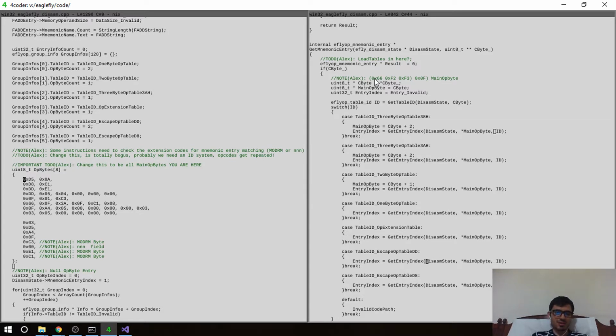And then I'm just going to say, well, here, I don't remember which ones were the mod bytes. So I believe this is O3. Then we have D5, that's correct. A4 is from here, that's correct. And then OF, that's correct. This is the main byte, C3. Now this is where it changes, because normally it will be O1, so we can just say O1. And then this is 00, but this is a DD thing, so we can just say